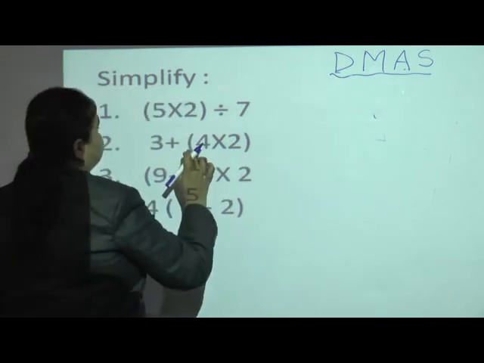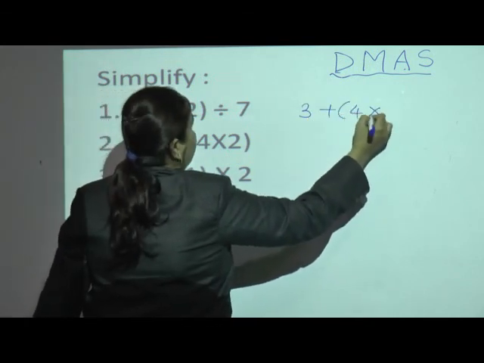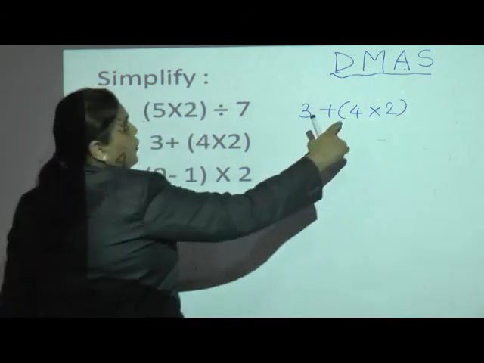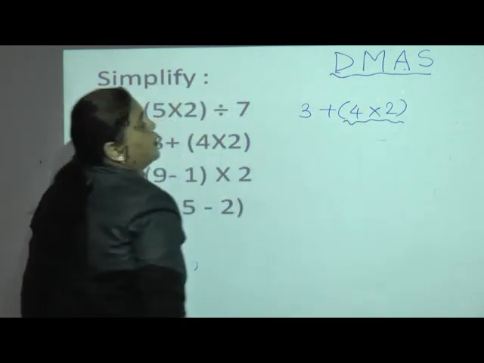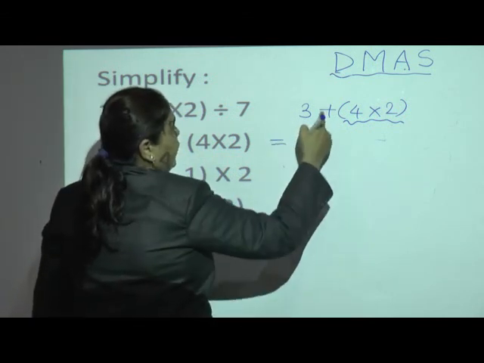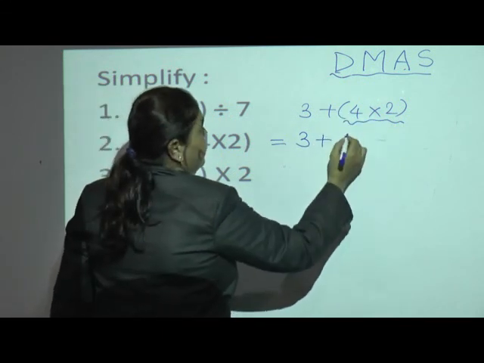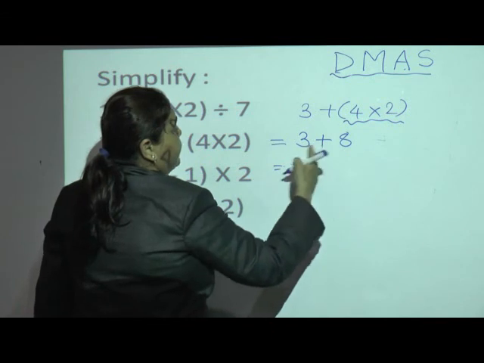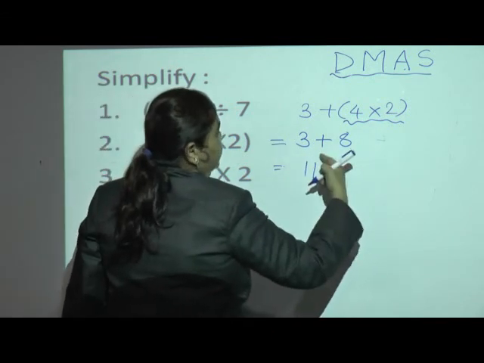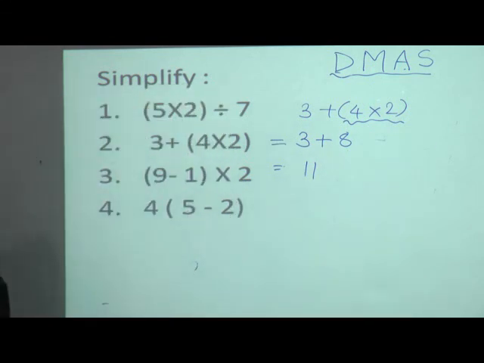Here we will go for another second example, that is 3 plus, inside the bracket, 4 multiplied by 2. What do we have to do first? We have to solve the round bracket which is given to us. Write 3 as it is, whatever operation you are having, you have to write the operation. 4 2s are 8. What is 8 plus 3? Yes, it is 11. If you are having a large number, you can do it practically on the right hand side and solve it.